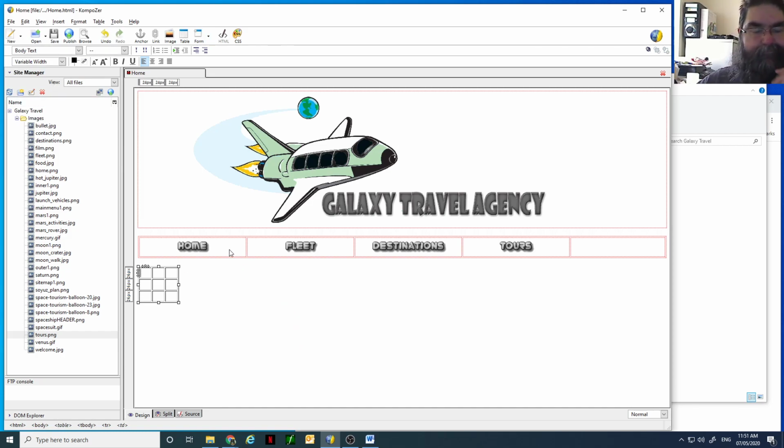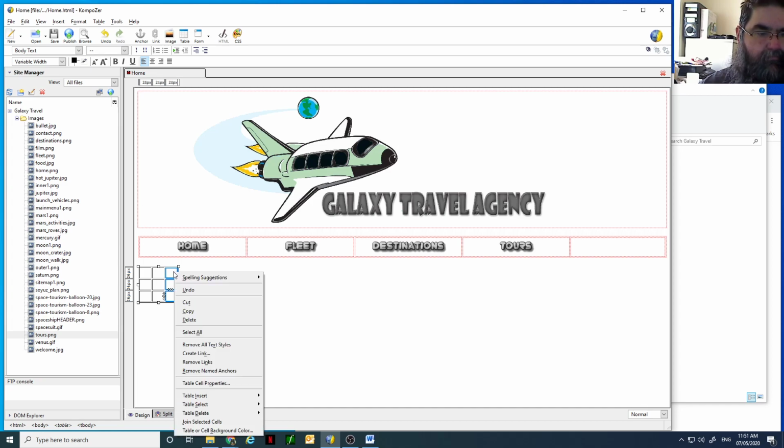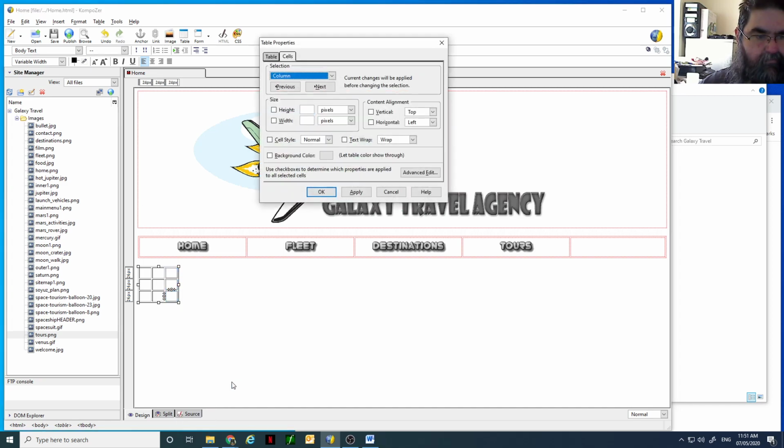Okay, now this cell here, on this row, I'm going down the column, the width, I want this to be 20% on the right maybe, or make it smaller, say 15%,